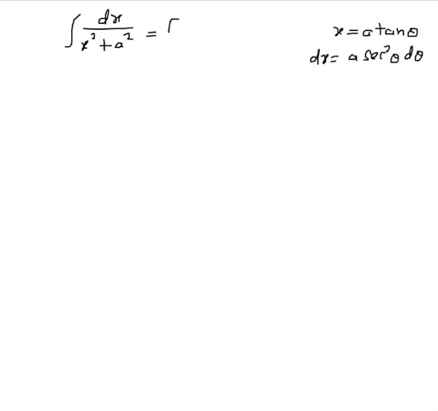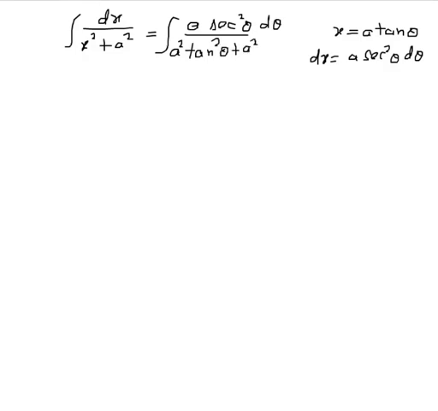Now see the third formula. Dx divided by x square plus a square. We will use the substitution a tan theta or a cot theta. A tan theta will be better. Let us differentiate a times secant square theta d theta. Let us substitute. The numerator becomes a secant square theta d theta divided by a square tan square theta plus